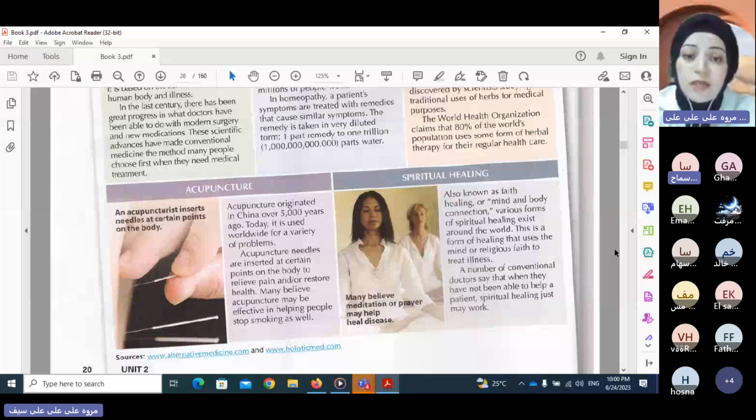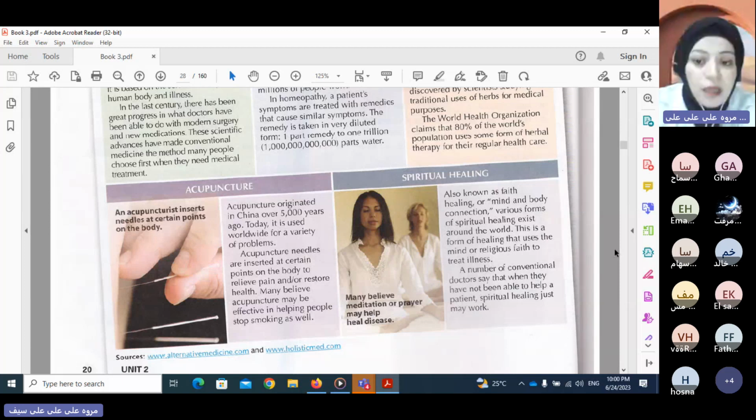And what is meditation? Just tell our colleagues about this word, meditation. What does it mean in Arabic? Just say the word in Arabic. تأمل, التأمل, التدبر. Very good. Wonderful. Thanks a million for that.